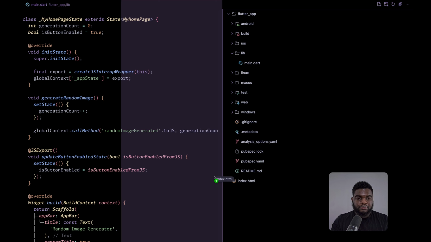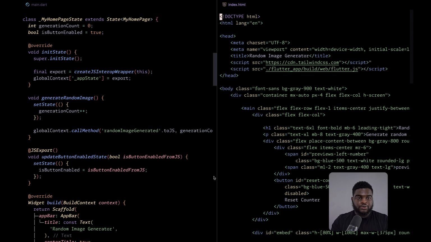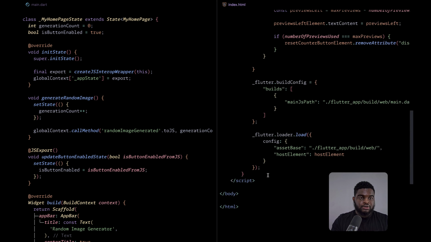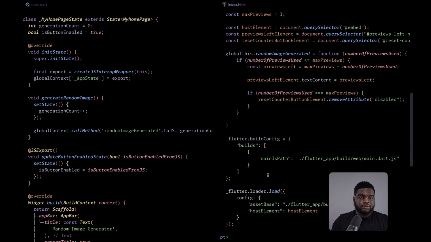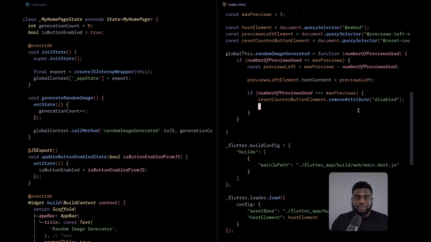So here, and close this. So if the number of previews used is equal to max, we can call this function here. So global this dot app state and set it to false.